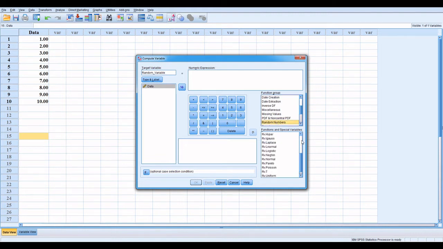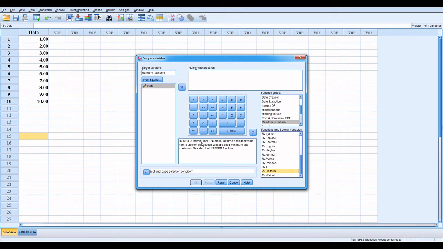Here are the different categories of random number with beta, with Cauchy distribution, exponential, F, gamma. I pick random variable uniform. Here is its description.